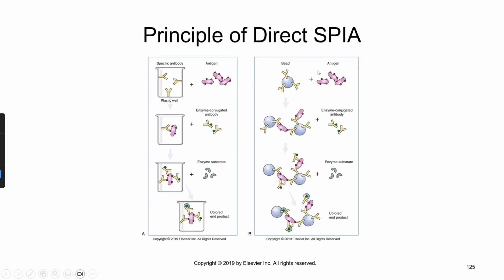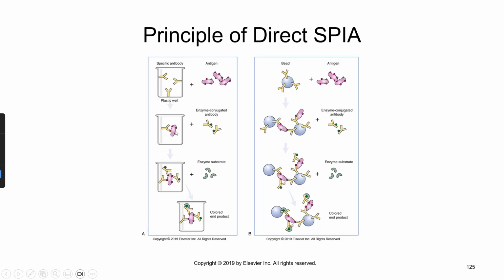So here is what you would be looking at. Here you have a plastic well that's coated with antibody. We know what this antibody is against. So let's say this antibody detects the antigens of HIV. Then what we're going to do is add our patient sample. Patient sample may or may not contain antigens, but if it does contain what we're looking for, then what's going to happen when we add the patient sample is this antibody that was on the well is going to bind